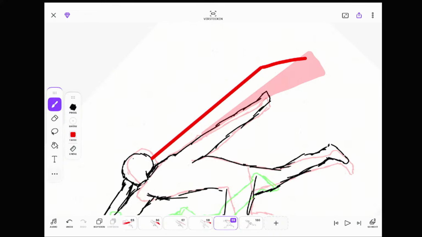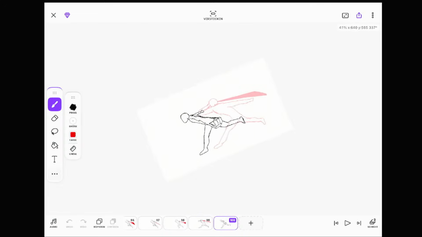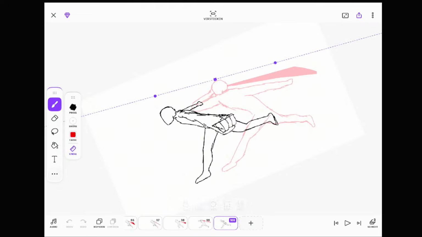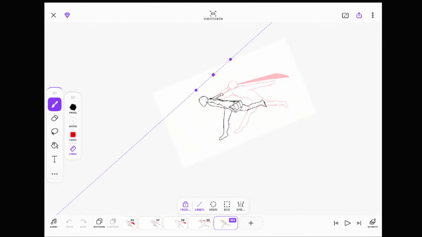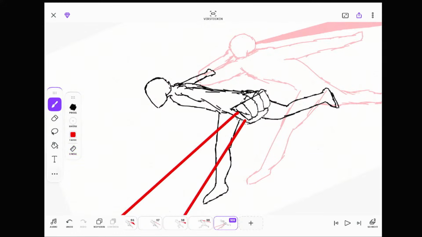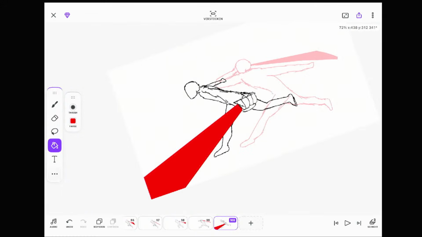Then the lightsaber. And then he goes for it. Other in.